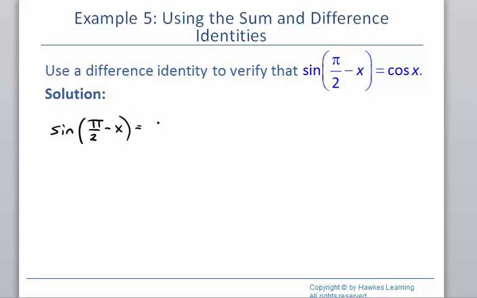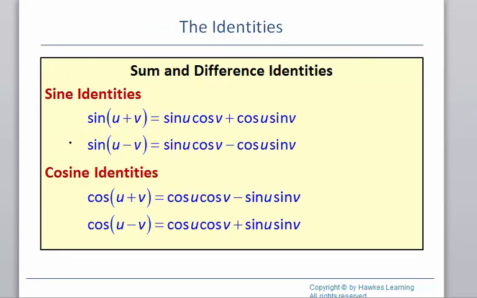Now, I want to recognize this as a version of my difference formula for sine. So I'm going to go back and take a look at that formula, keeping in mind that my first angle is pi over 2, and my second angle is being played by x. So here is my formula for the difference of two sine angles. Remember that the first angle is being played by pi over 2, and the second angle is being played by x. And so let's look at what the other part of our formula is going to look like. We're going to have sine pi over 2 cosine x, cosine pi over 2